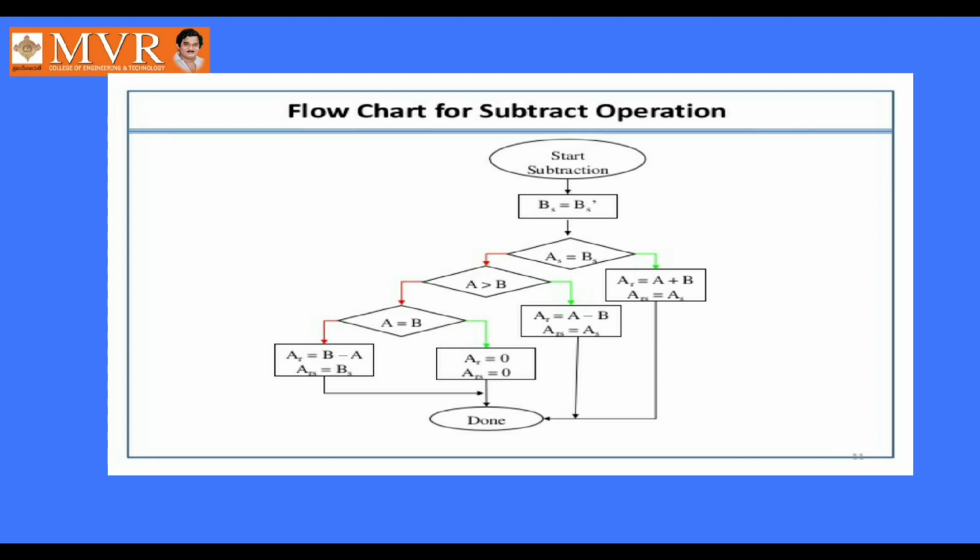And the last option here is A less than B. If A is less than B, however, we performed A minus B in the case of A greater than B. Here, in the case of A less than B, the result register will be B minus A. The result sign is the B sign, because here B is greater. A less than B means B is greater only, no. That's why the sign of the B register is moved to the resultant sign of the A register.